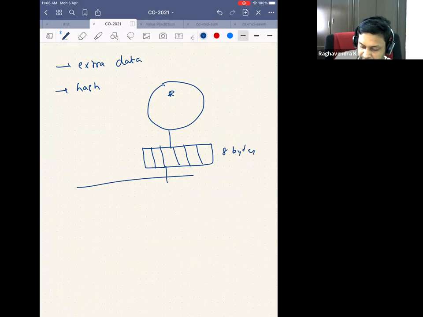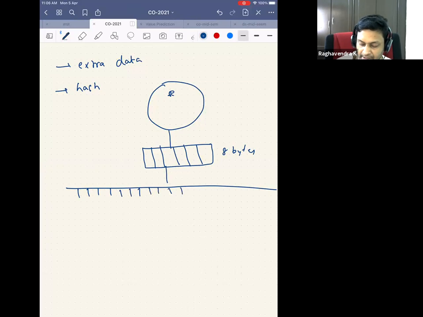And then there is this off-chip main memory, which can store, let's say, some huge amount of data. Okay. So now we have 8 bytes of data that can be stored here. Now the question is, let's say I fetched an address, say 0x3e. I brought the byte 0x3e and kept it here. So what I am storing here is the data for 0x3e.